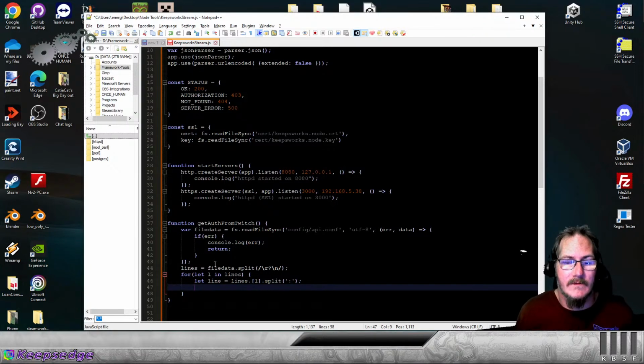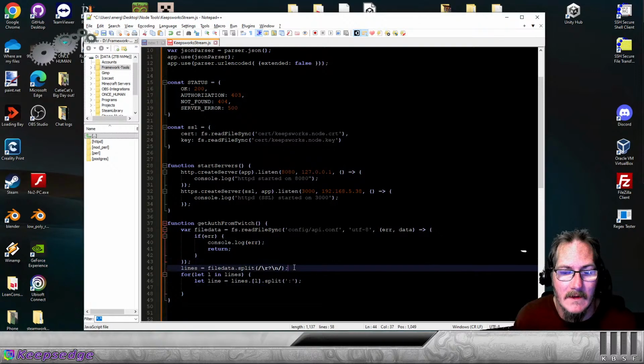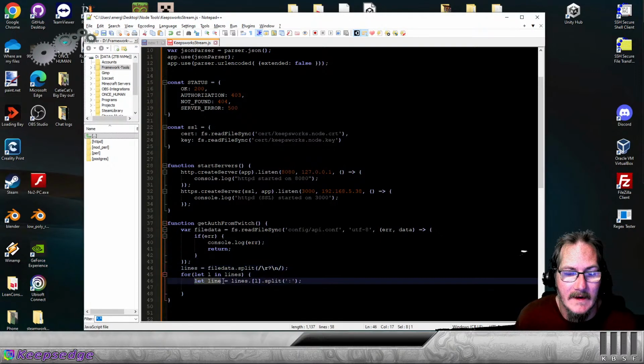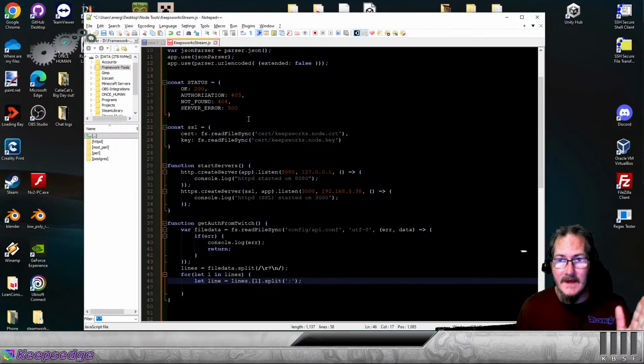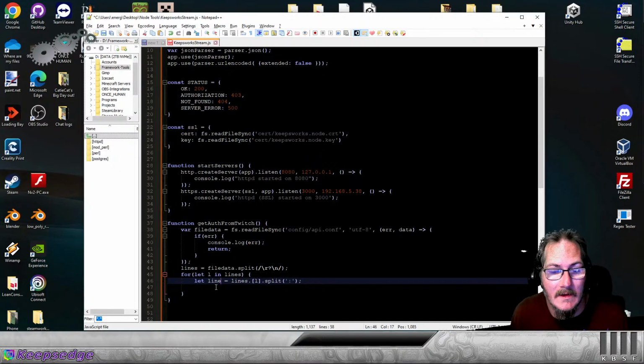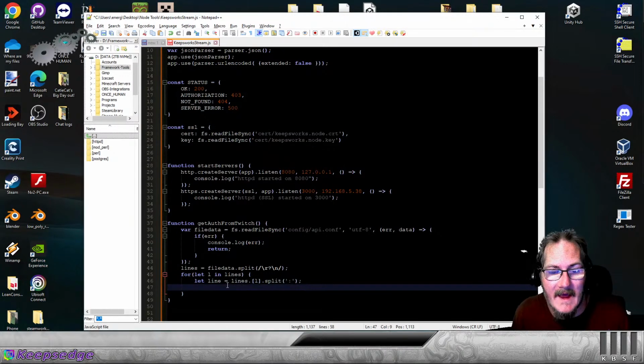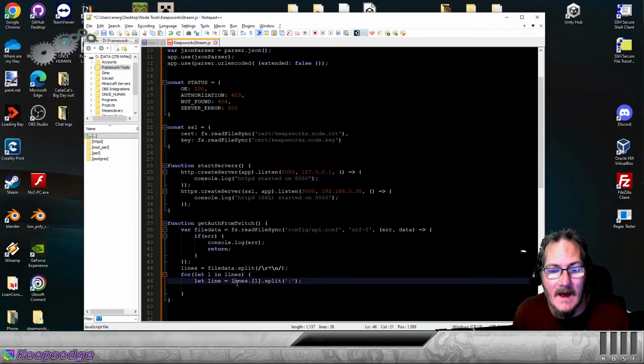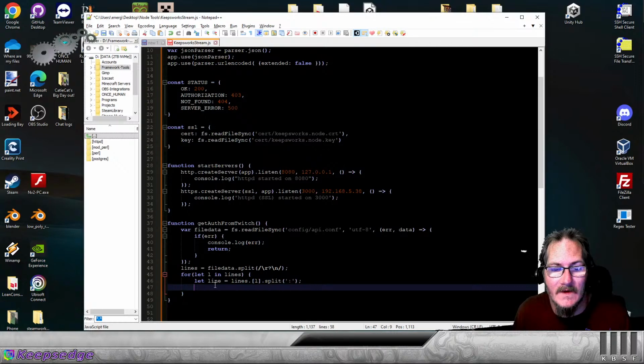While this right here will separate the entire file by its new line characters creating an array, this will turn line into an array of key value pairs, functionally making it look kind of like a hash, right? And then what I'm going to do is